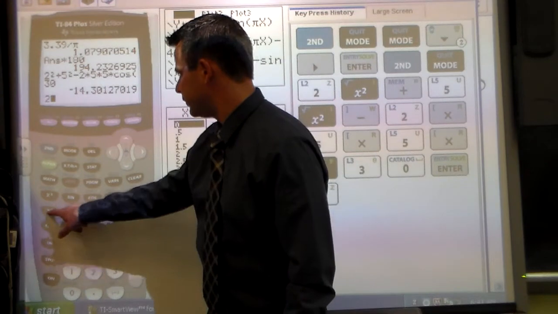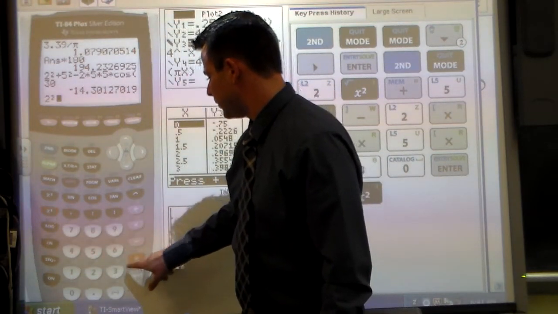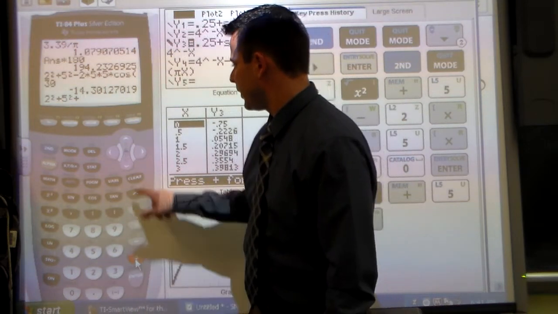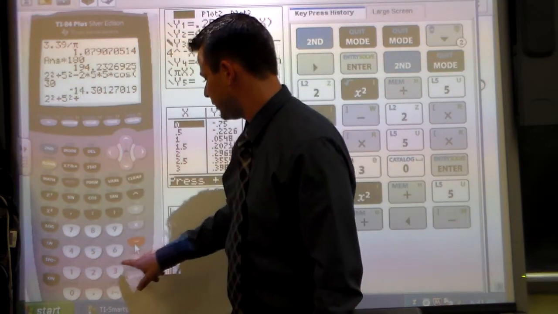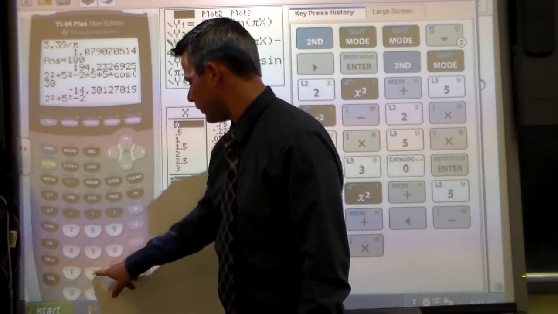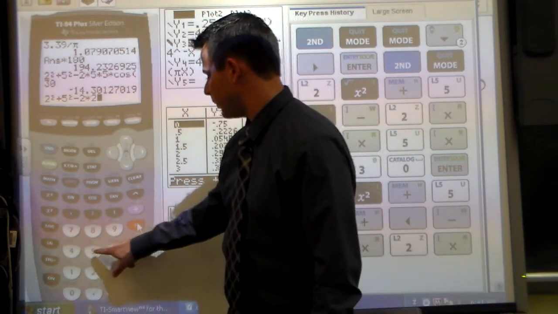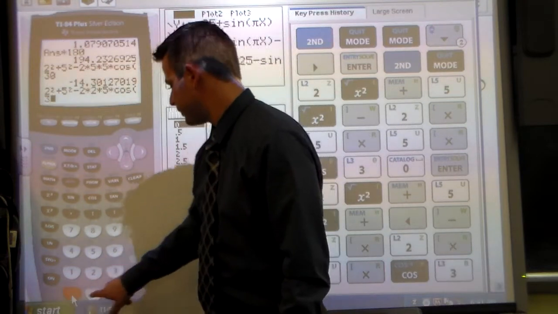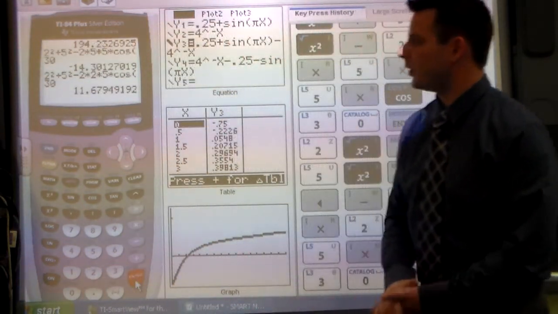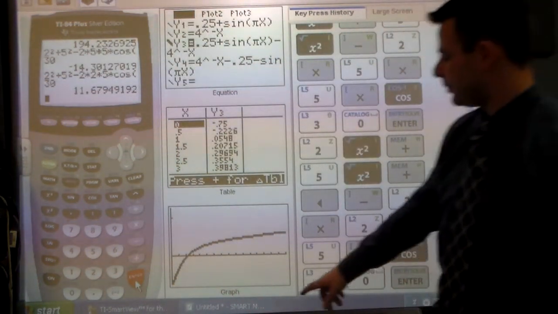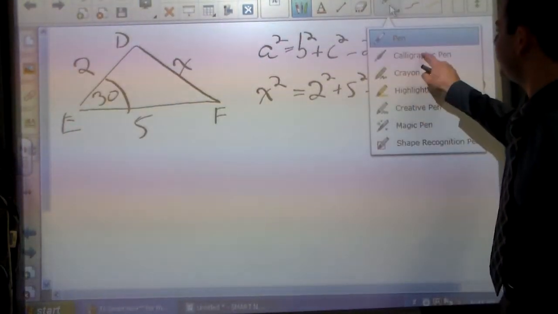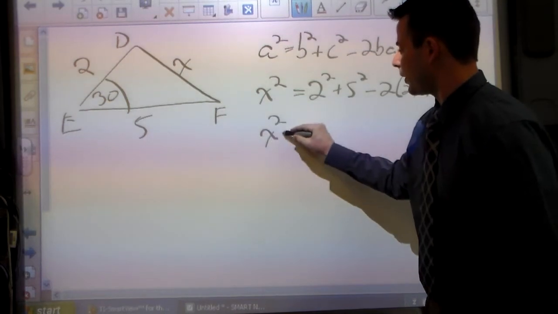2 squared plus 5 squared minus 2 times 2 times 5 times the cosine of 30. So we get 11.67. Don't forget, this is what x squared equals. So x squared equals